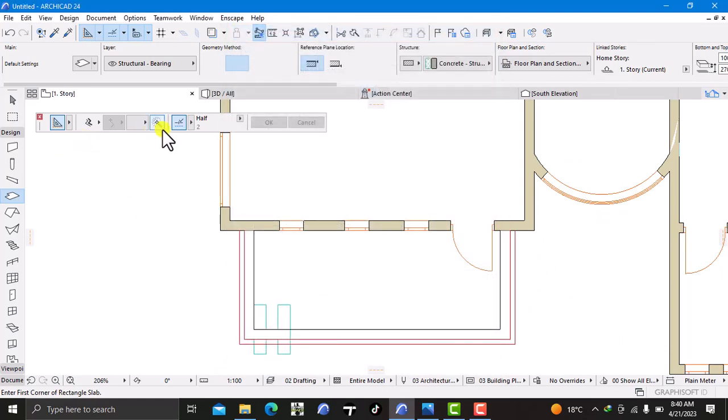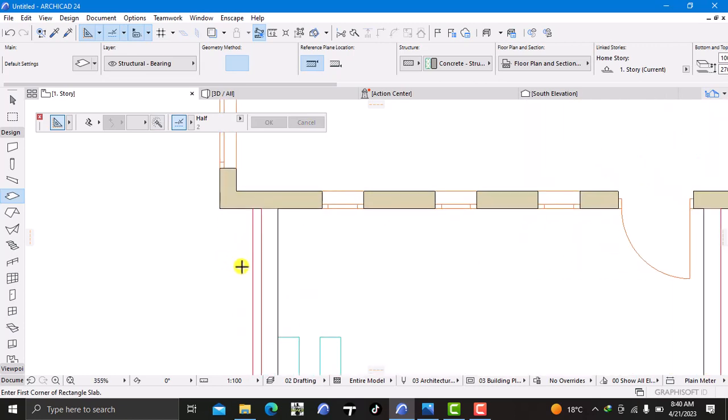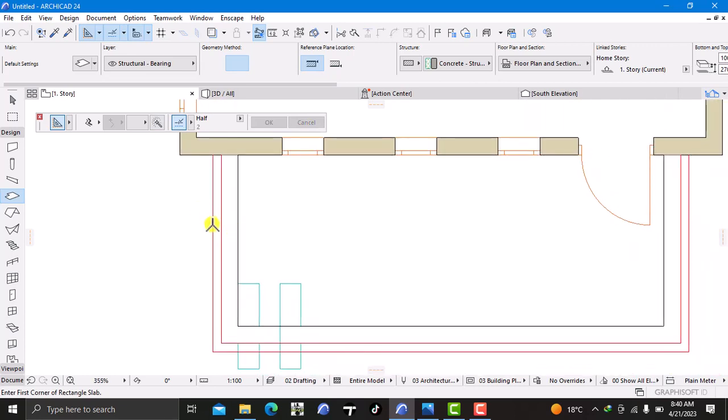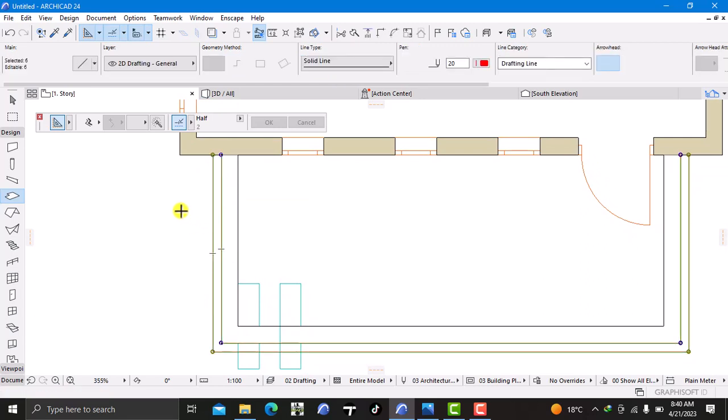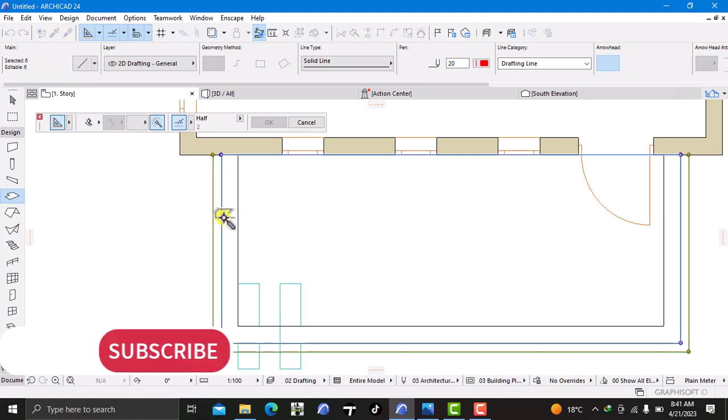And then just go to my marquee tool over here, this magic wand, and then I want to place this slab on this distance that I've offset. So I'll hold my shift button, select these two lines, and then now use the marquee tool. I keep on calling this the marquee tool, and it's the magic wand. Then select this magic wand and just